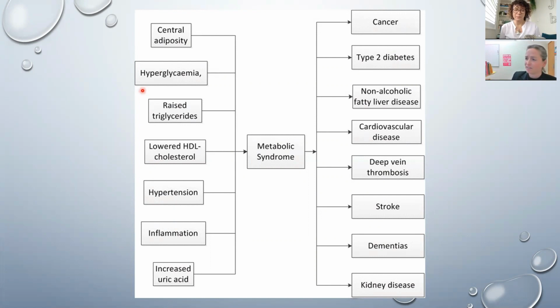High blood glucose levels, high triglyceride, low HDL, and hypertension. So these top 5, if you've got 3 of the top 5, or you're taking medication for blood pressure, high glucose levels, or for cholesterol, then we can say that you've got metabolic syndrome. If you've got metabolic syndrome, you've got an increased risk of developing certain types of cancers, type 2 diabetes, non-alcoholic